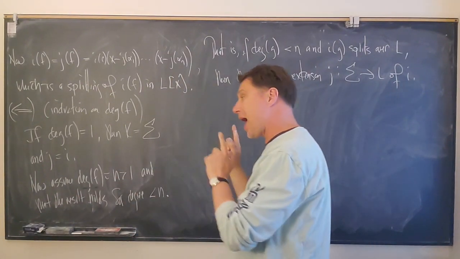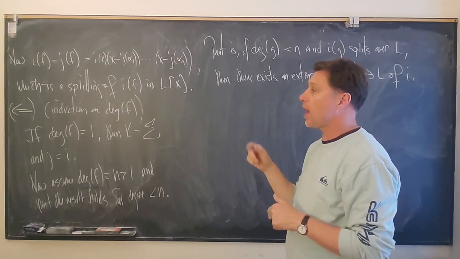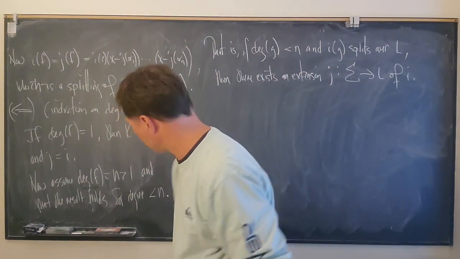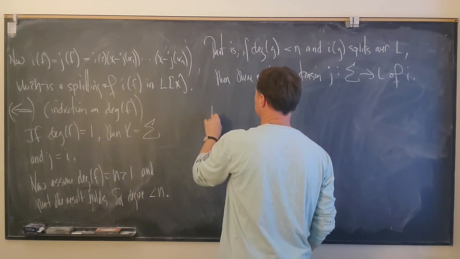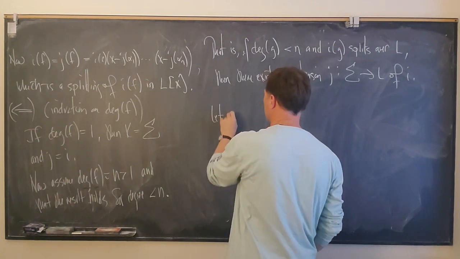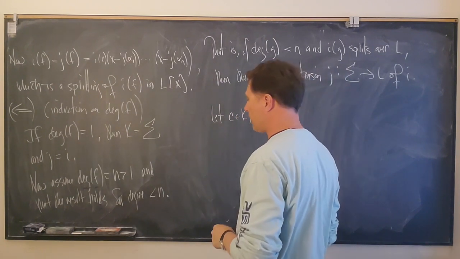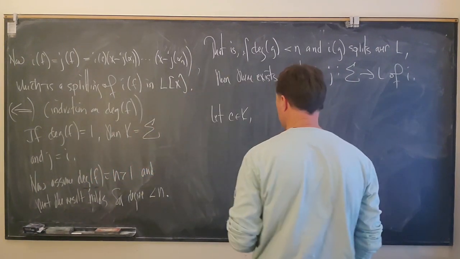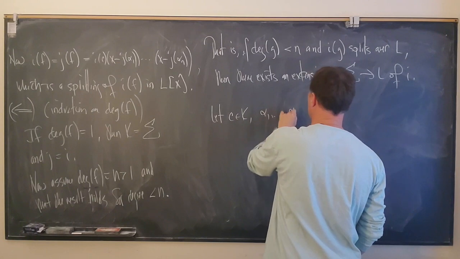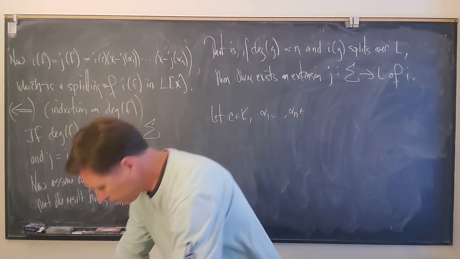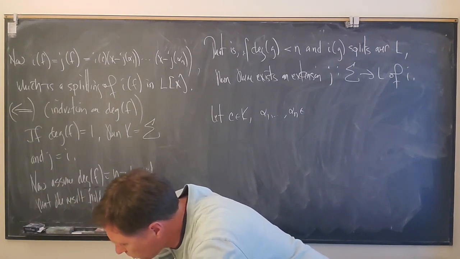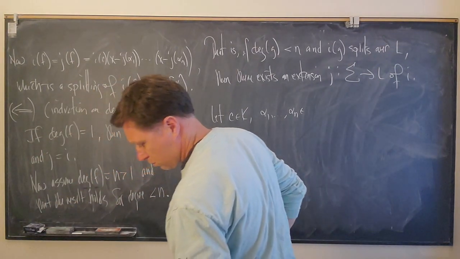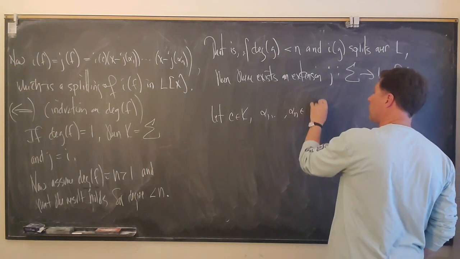We're going to assume that I of f splits over L, and then we need to come up with an extension of I from sigma into L. So let's let c in K and alpha 1 through alpha n in sigma